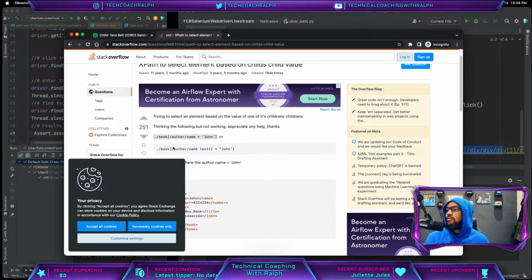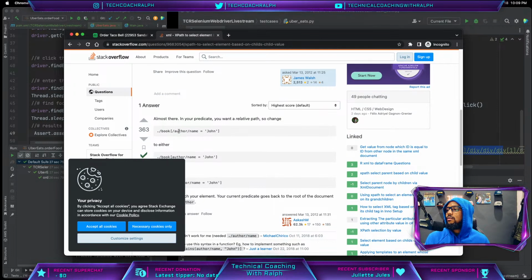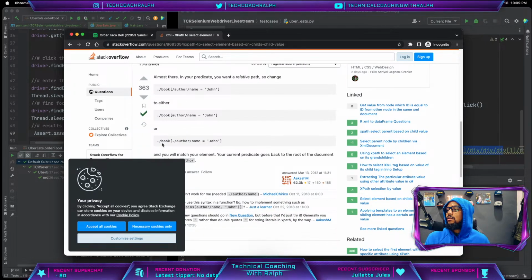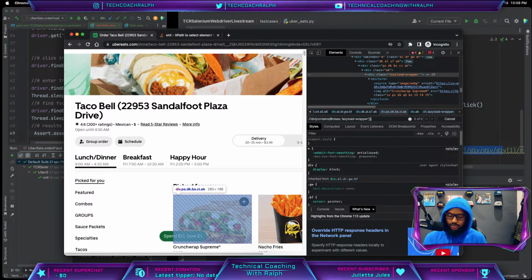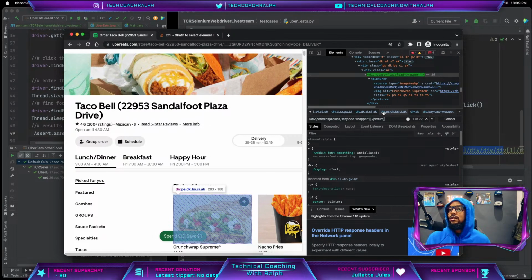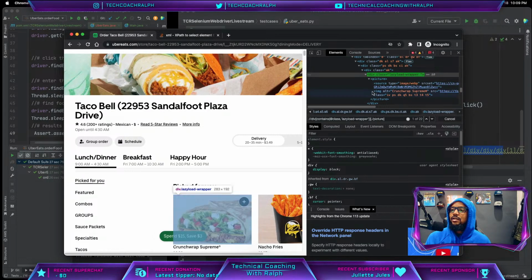So something should be like this. Almost there, your predicate, you want relative. I think it's that. Let me give it a try. Perfect. There we go. So now what this does is we're looking at what comes under this div, and we